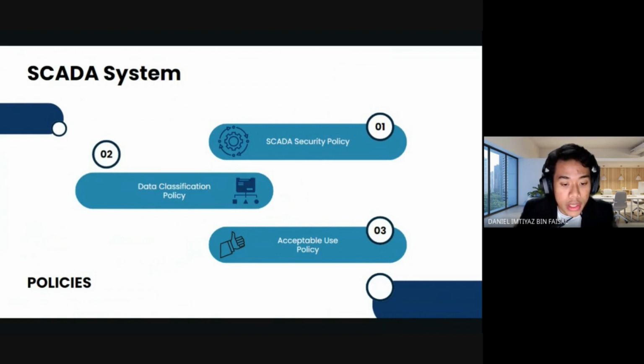The AUP may include guidelines on user responsibilities, proper system usage, restriction on unauthorized access, guidelines for handling sensitive information, prohibition on engaging in malicious activity or unauthorized modifications, and consequences for policy violation. The AUP helps ensure that users understand their responsibilities and use the SCADA system in a manner that aligns with organizational goals and security requirements. Next, I will pass to Naufal.